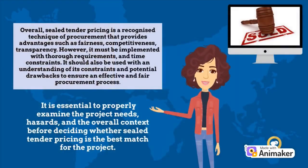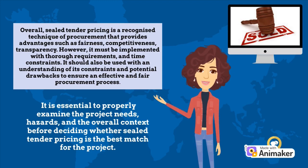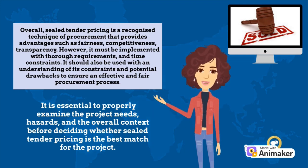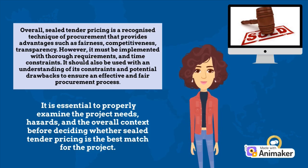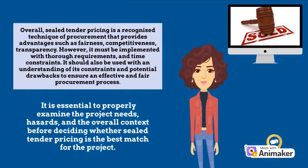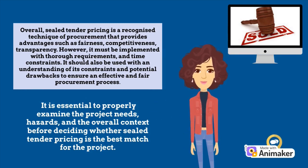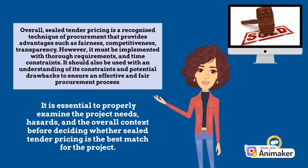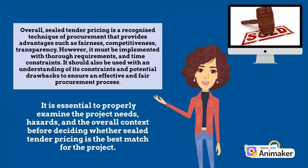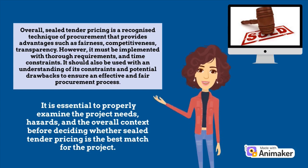Sealed tender pricing is a recognized technique of procurement that provides advantages such as fairness, competitiveness, transparency, and cost savings. However, it must be implemented with thorough thought, requirements, and time constraints. It should also be used with an understanding of its constraints and potential drawbacks to ensure an effective and fair procurement process. It is essential to properly examine the project needs, hazards, and the overall context before deciding whether sealed tender pricing is the best match for the